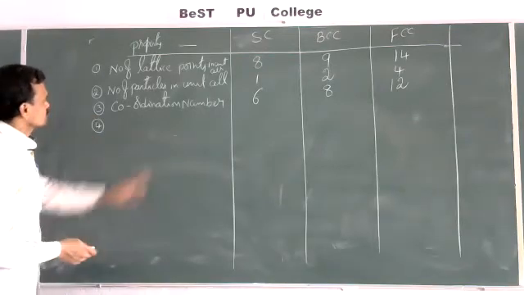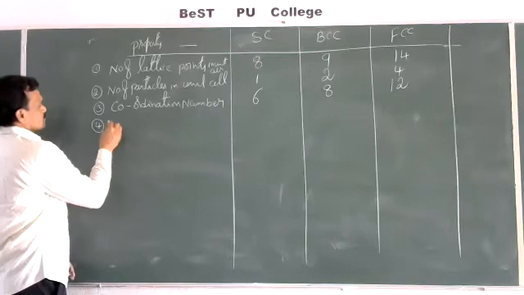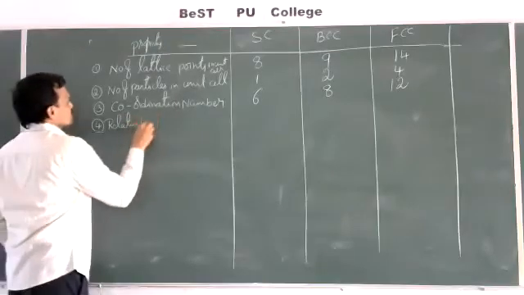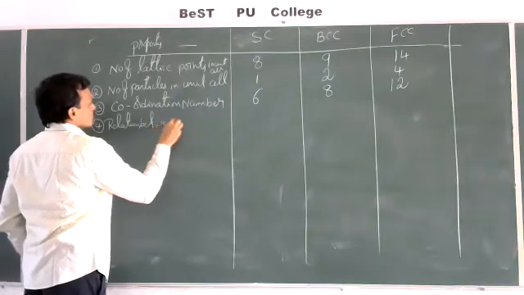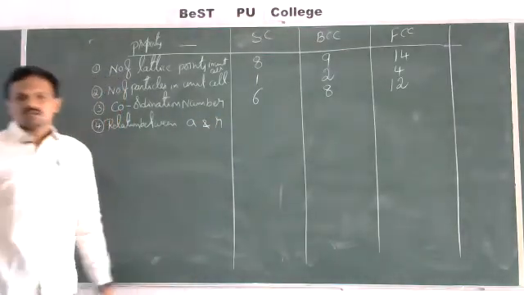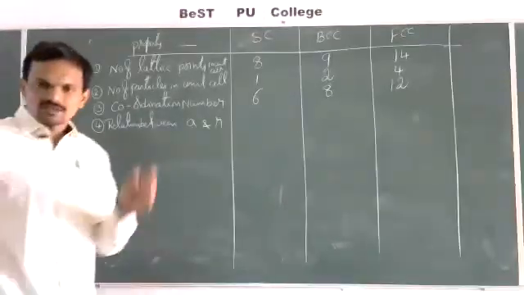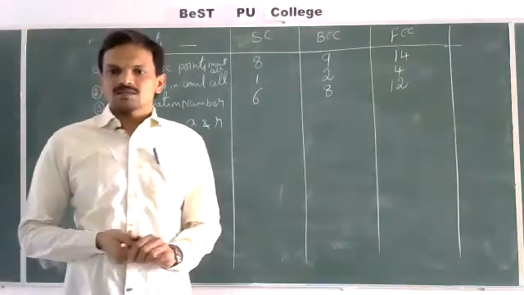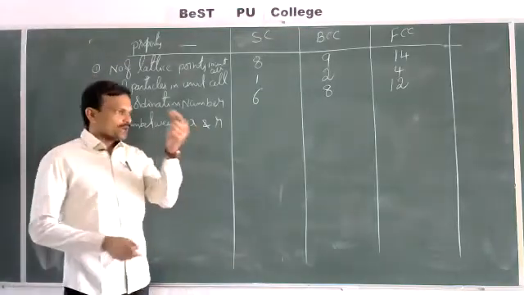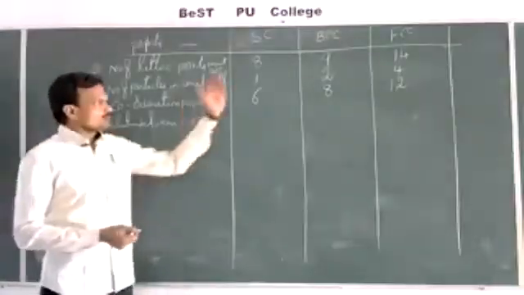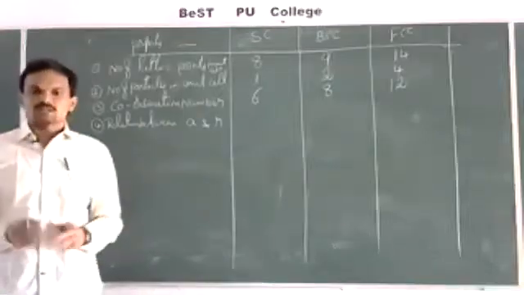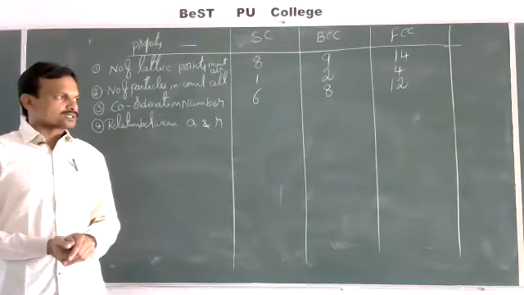Next, a relation between a and r. What is a here? a is nothing but the edge length of the unit cell. r is the radius of the constituent particle. See, this we derived already in packing efficiency of the lattices. The first step in the calculation of packing efficiency of lattice is the determination of relation between edge length and radius of the particle.